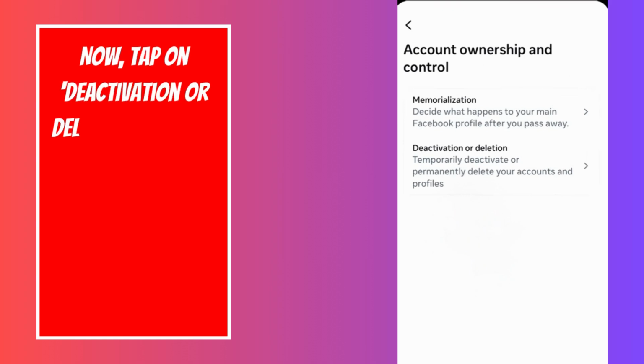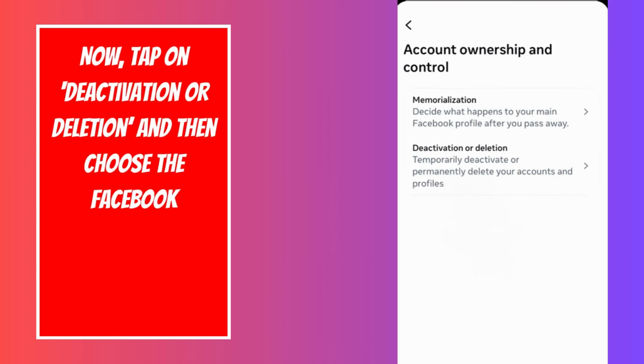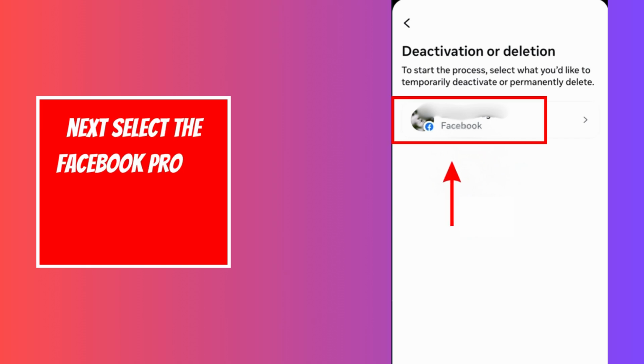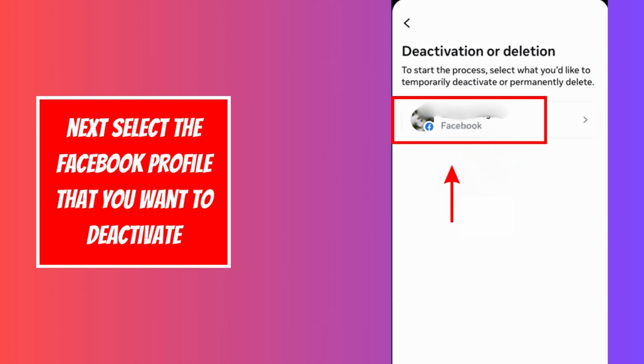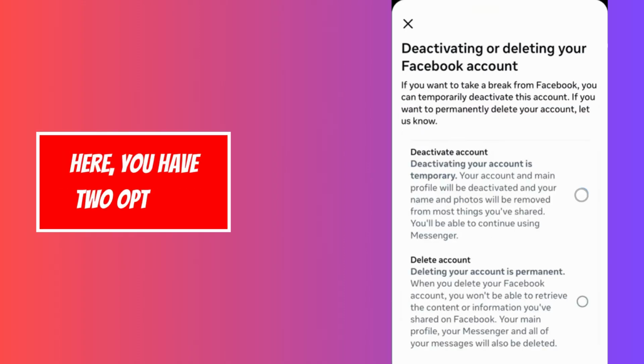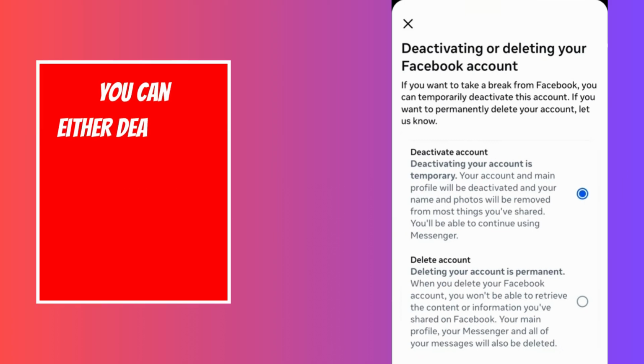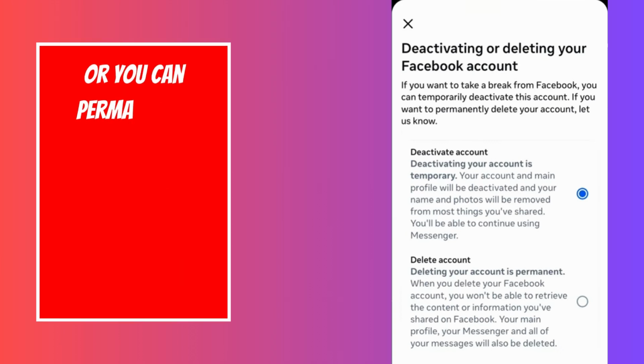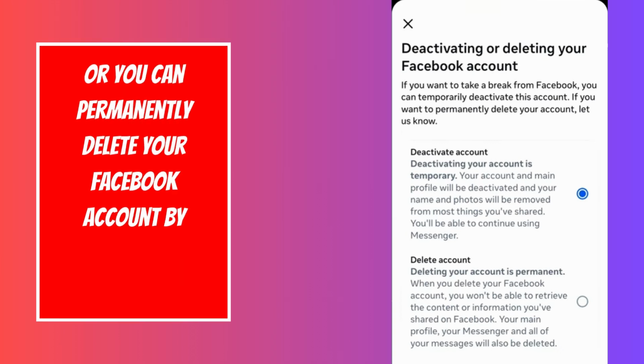Now that we're in here, all we need to do is select the last option, Deactivation or Deletion. Next, select the Facebook profile that you want to deactivate. Here, you have two options. You can either deactivate your Facebook account, which is temporary, or you can permanently delete your Facebook account by selecting